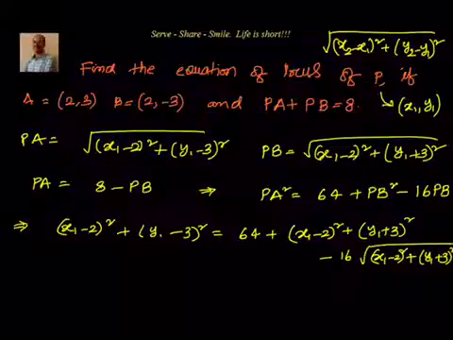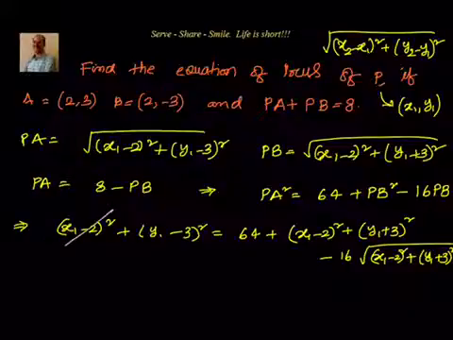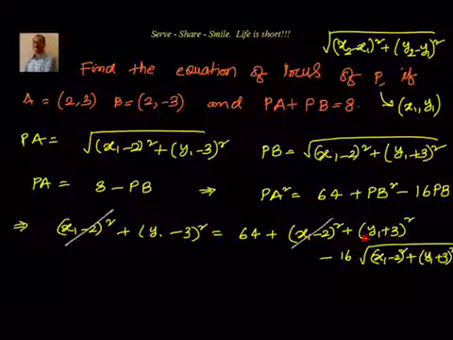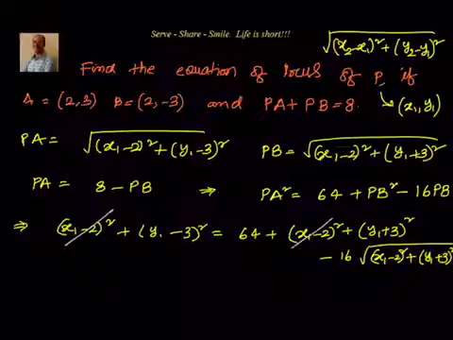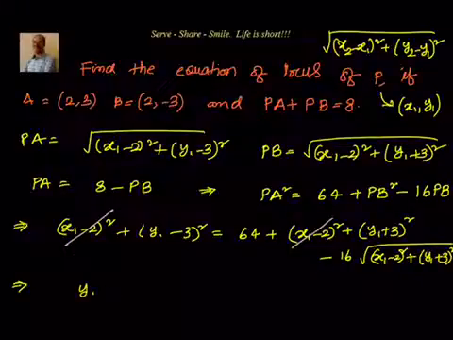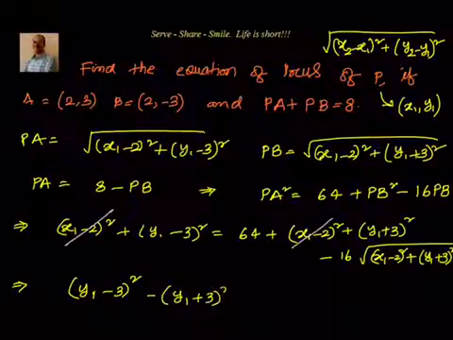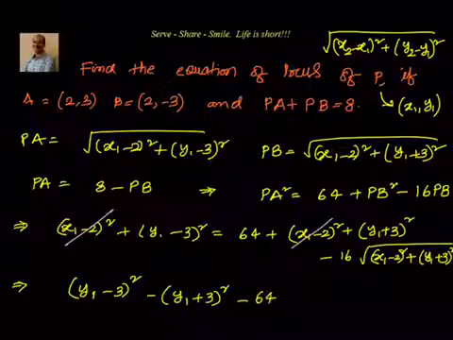Now let's try to simplify this. When we go to the next step, we have (x1 minus 2) whole square on both sides, which cancel, and we can see that this is of the form of (a minus b) whole square here and (a plus b) whole square here. So I'll write down one step where we will say, that's nothing but (y1 minus 3) whole square minus (y1 plus 3) whole square minus 64 equal to minus 16 into,